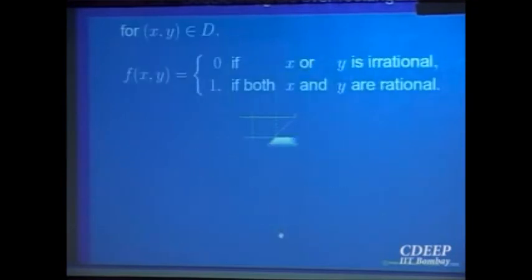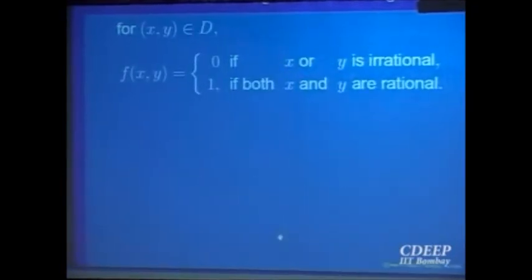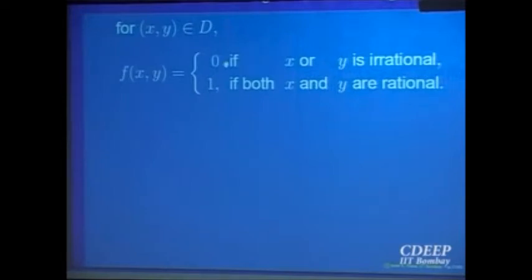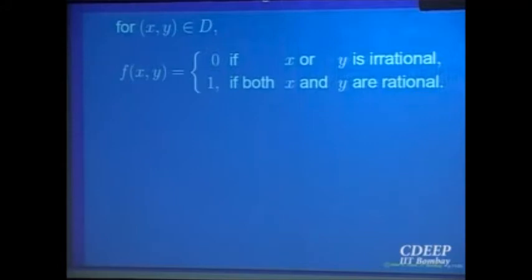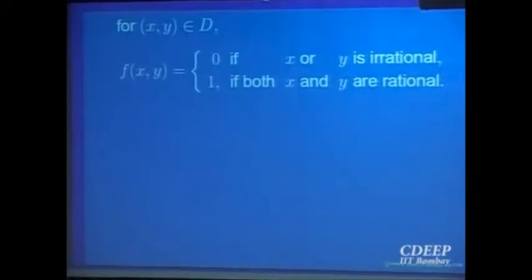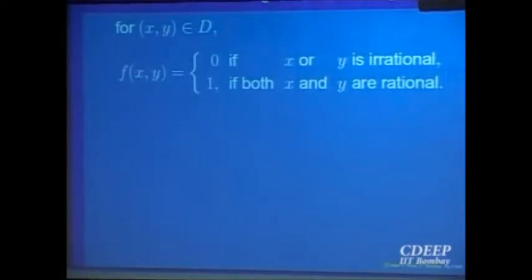So let us take another example. Let us look at the function f(x,y) defined in a domain D. Say that D is a rectangle, say [0,1] cross [0,1], where it is defined to be 0 if one of the coordinates is an irrational number, and it is defined as 1 if both the coordinates are rational, right? So this is something similar to the function of one variable. We had a function in [0,1] where for rational numbers it was defined to be 0 and irrational it was defined to be 1, right? So it is never going to be integrable. So the same example is extrapolated in two variables.